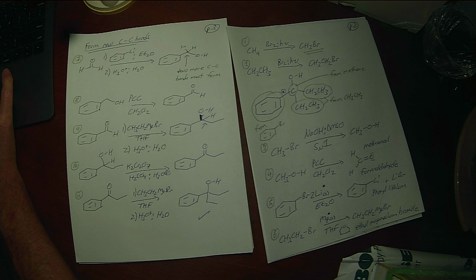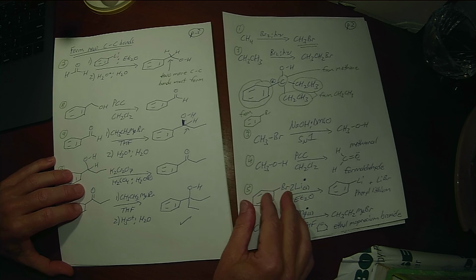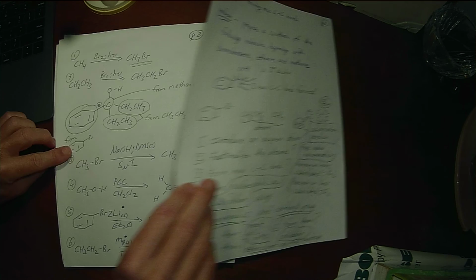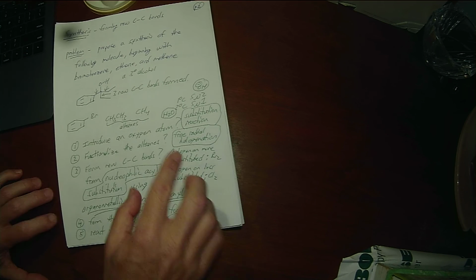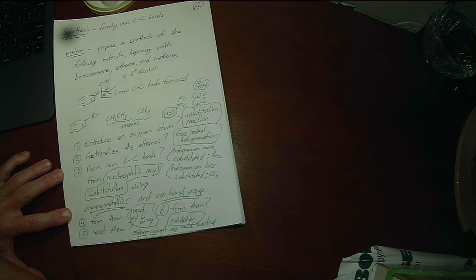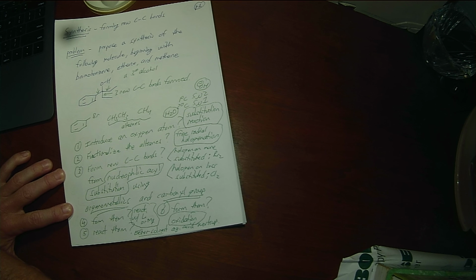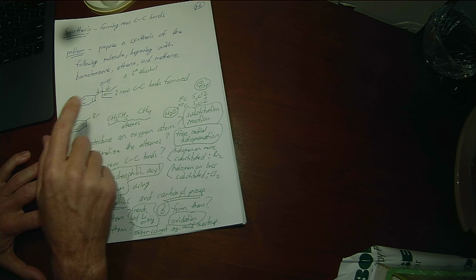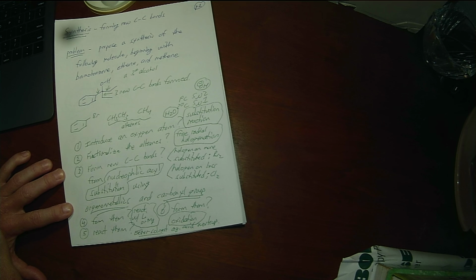So the battle with a quiz like this is breaking it down into components, kind of the analysis ahead of time, where we decide what all we need to do and figure out how we're going to do each of those things, figure out which carbon-carbon bonds need to be formed, so you can start thinking about how those new carbon-carbon bonds are going to be formed. Right? You could also have worked backwards and said, well, if I wanted to make that new carbon-carbon bond, what would I have needed to start with?